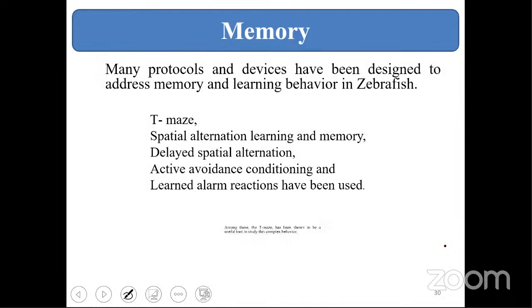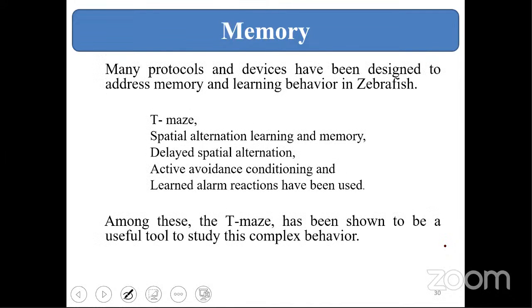The same goes for memory. In our regular practicals, we use the T maze, Y maze, star maze and plus maze with mice. In the same way, you make a partition in the fish tank and keep the food in a specific place. Then you make the animal find the food where it is present.